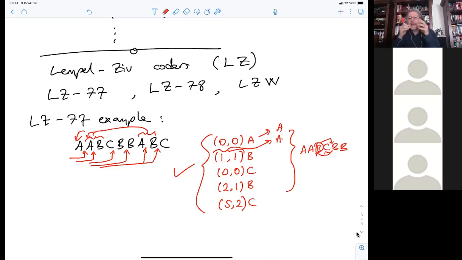LZ78 is an attempt to avoid indefinite searches to the backside by constructing a dictionary. So it's more like move-to-front kind of coding. We will see that, but we don't have the time to discuss these things for the time being. So it's a good idea to stop the lecture at this point, and we will continue with LZ78 next week